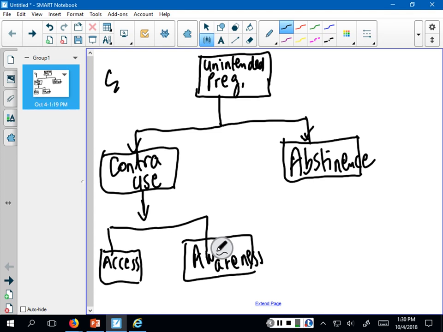What impacts, in any given community, whether or not people have access to contraceptive methods? Availability of services and cost. So both of these, cost and availability of services. Okay? So access